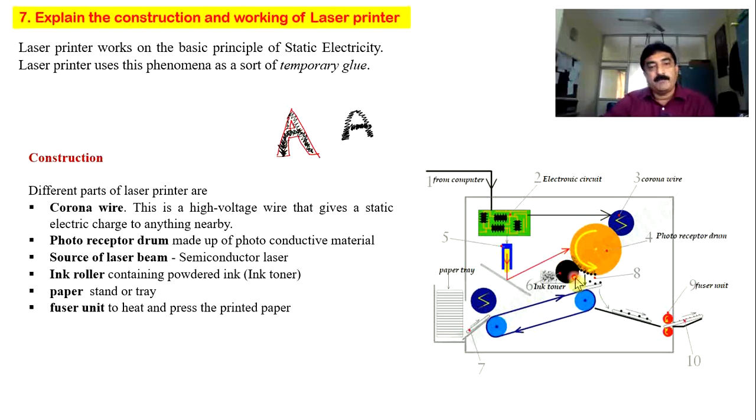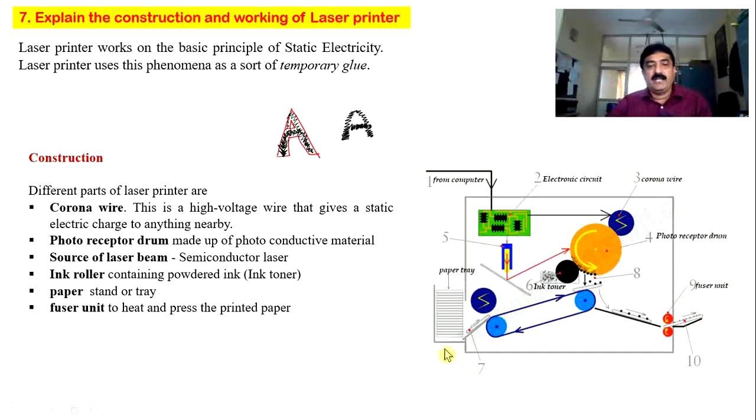Now this drum is ready, and the toner is full of ink powder. Now the ink powder is sprayed onto the drum. Ink powder is positive, the drum portion is negative. The powder will go and sit on the drum, so it gets clinged to the negative portion. So wherever I want to print A, the black powder will go and sit there. Okay, so it is deposited.